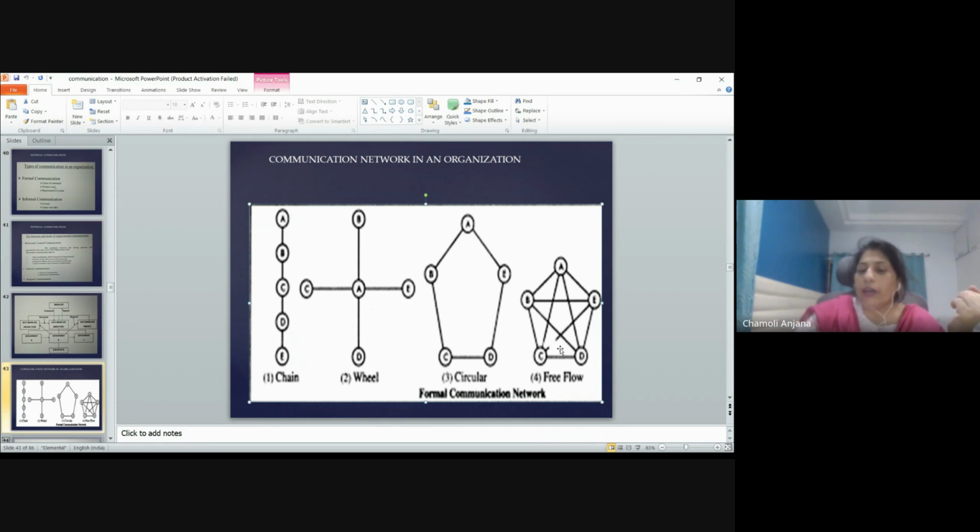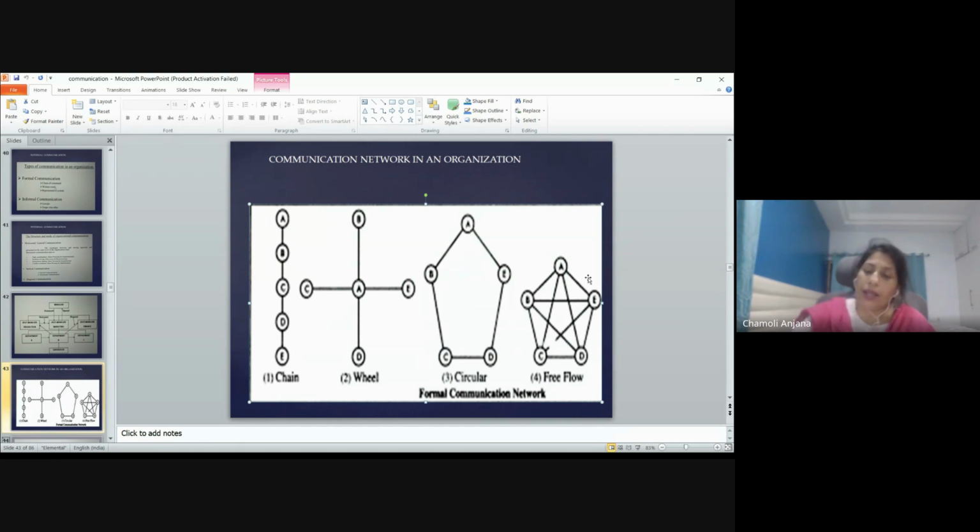So next is the star network, which is also called a free flow network. If you can see here, every employee can speak to every other employee sitting in any corner of the office. So A can communicate or exchange information with B, C, D, and E. Similarly, B can also exchange messages with A, C, D, and E. So every employee is free to exchange messages with any other employee. This is a highly motivating and highly satisfying kind of network, where every employee feels very happy because they are able to communicate to anyone, and there is no controlling factor over here.